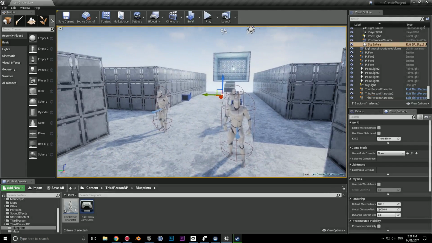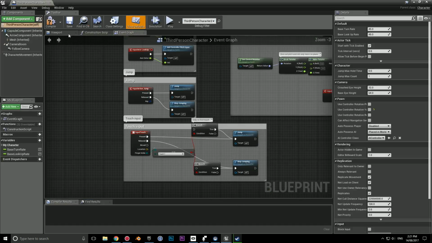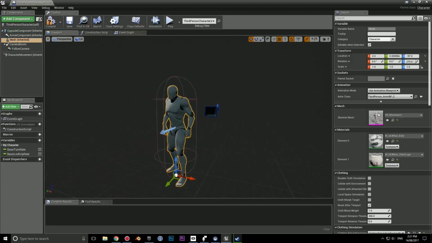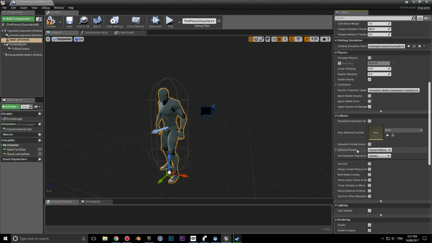Now, when they're hit, we want to have a cool effect, which is going to be the ragdoll. So open up the third person character, and inside of the third person character, go into the mesh, scroll down to collision. Now on the mesh itself, if we change the collision preset from character mesh to ragdoll,